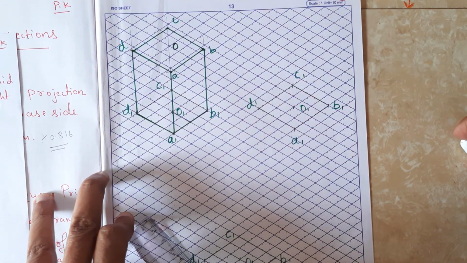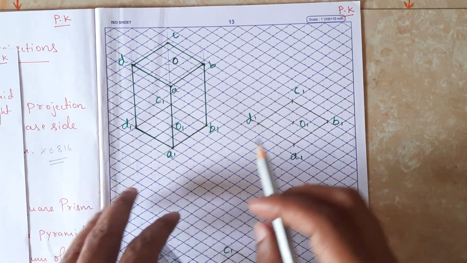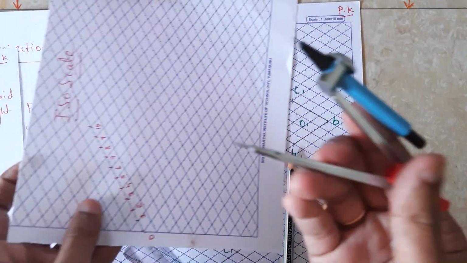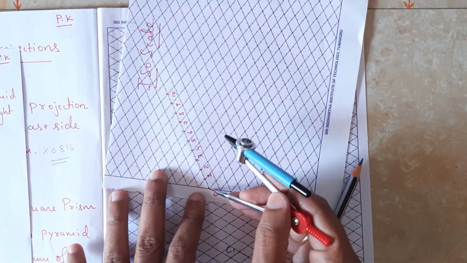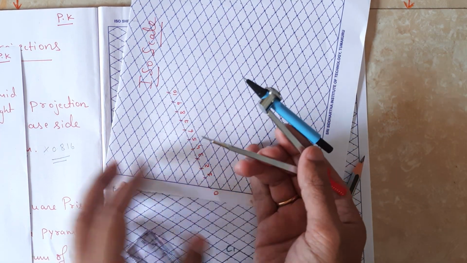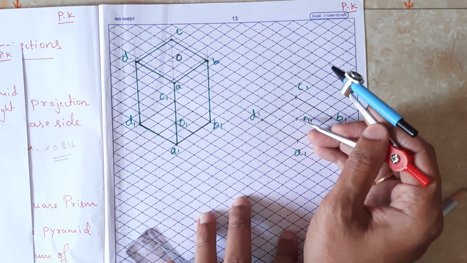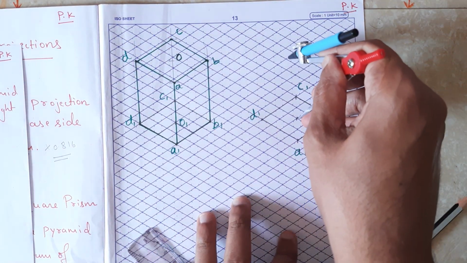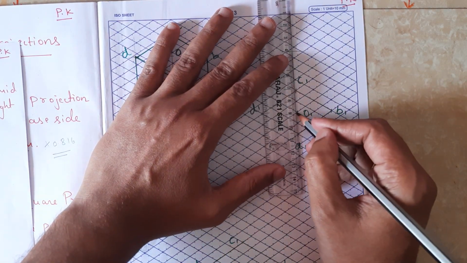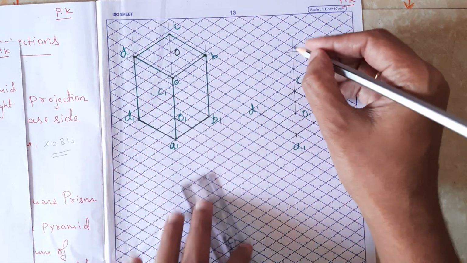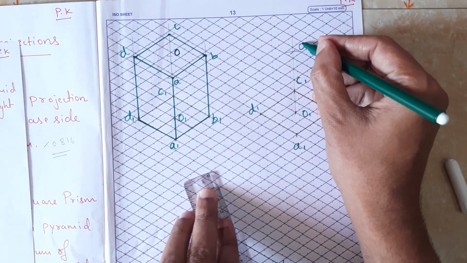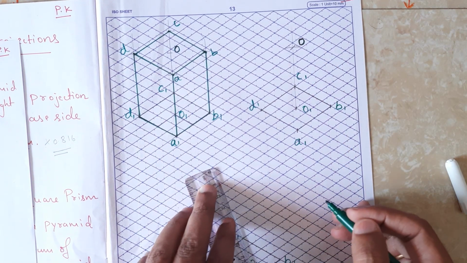So first we have to construct the square. It is already shown over here. What is the next thing? Height is 60 mm. So with the help of the compass we have to measure ISO 60, or else you have to multiply by the conversion factor. So this is ISO 60. Now from O I am going to cut the arc above, and also draw the vertical line from O. See where this cuts, so this is O1. Got this one?